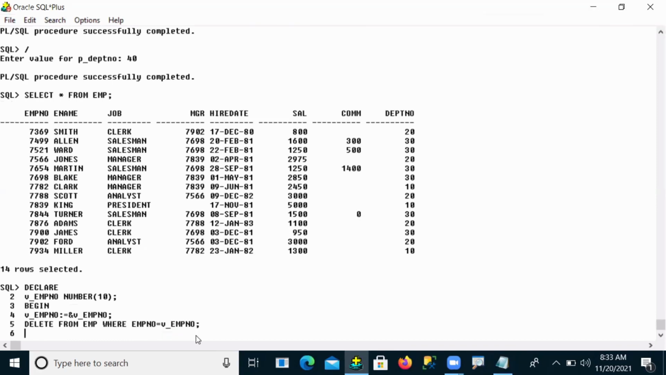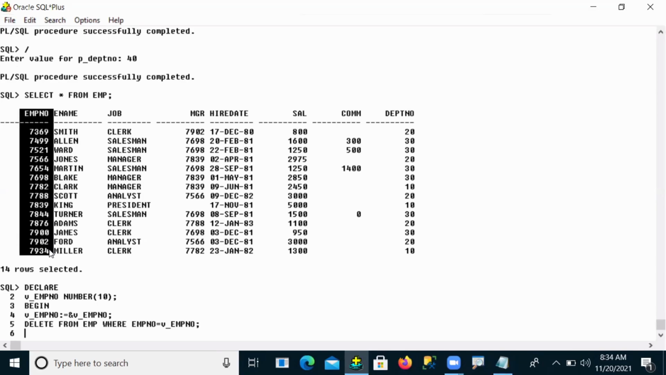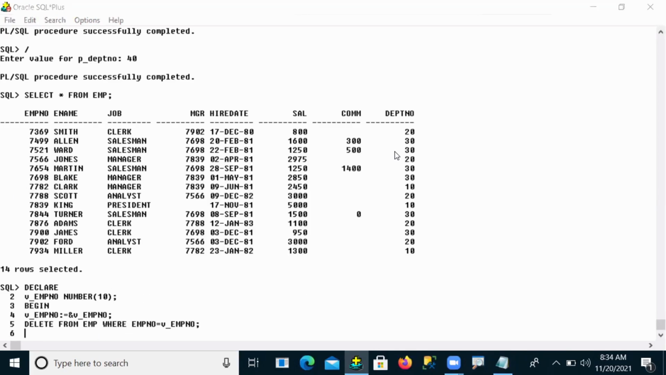Okay, fine. After that, observe here: the user dynamically enters an employee number. He may enter 7369, otherwise 7566, 7788, whatever it is. So there are 14 employee numbers here. Out of the 14 employee numbers, any number the user enters. Suppose if I entered, say carefully, suppose I